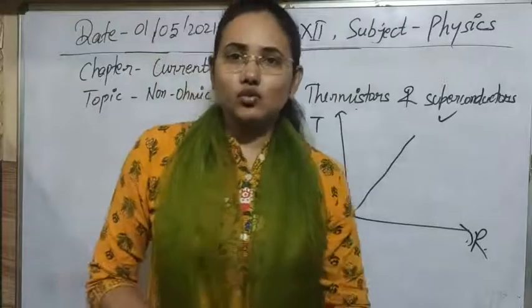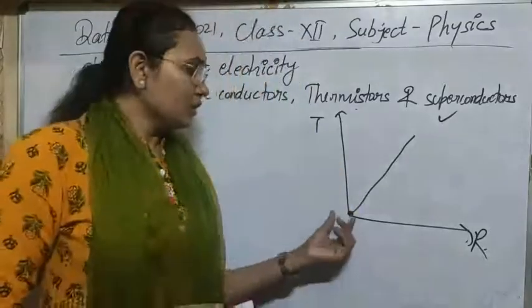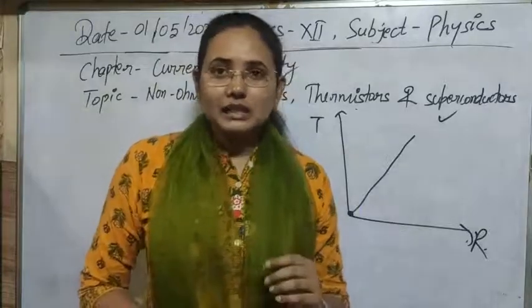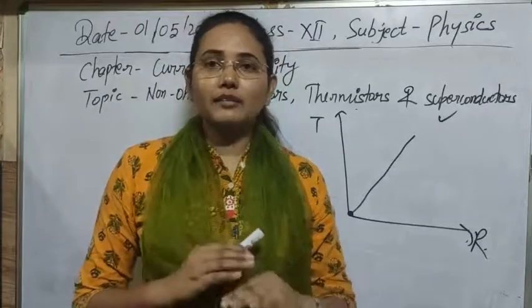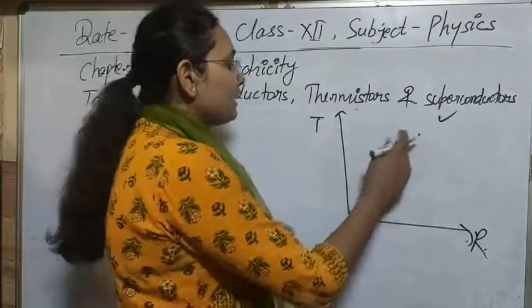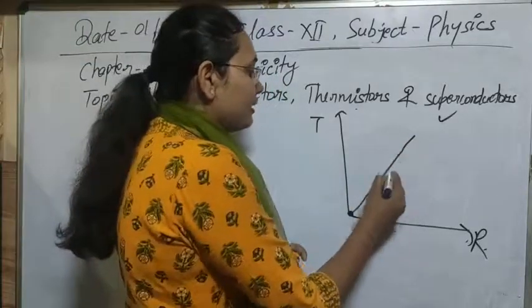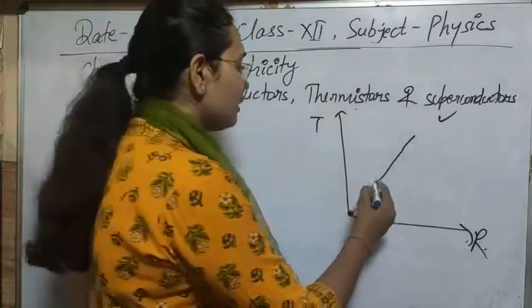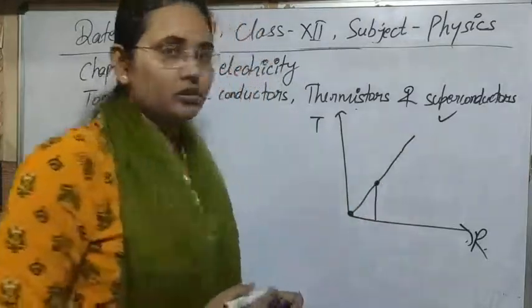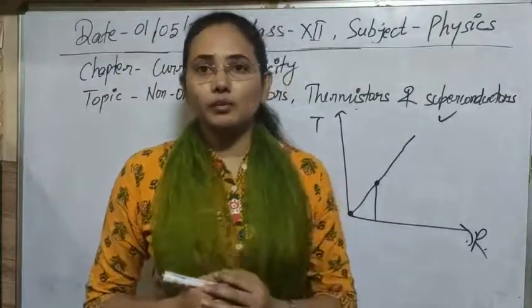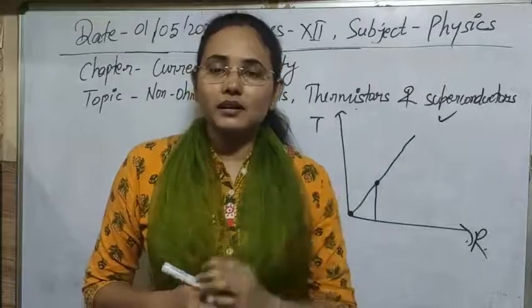So obviously there is no resistance, so resistance is zero. This is for the ordinary conductors or metals that we have. But we have seen that certain conductors behave differently than other conductors. If we start to decrease their temperature, then when they reach a certain temperature, suppose this temperature, their resistance suddenly becomes zero. It means they are losing their resistive properties suddenly at a certain temperature.